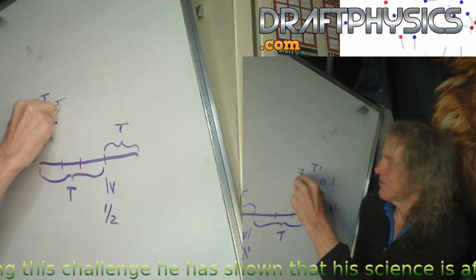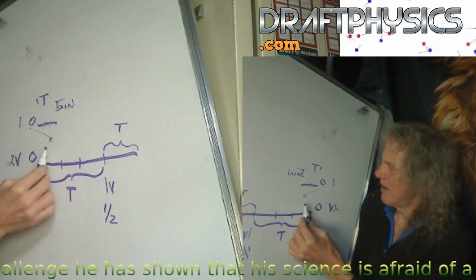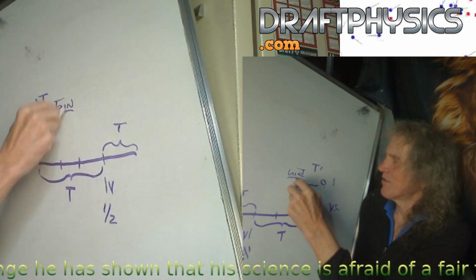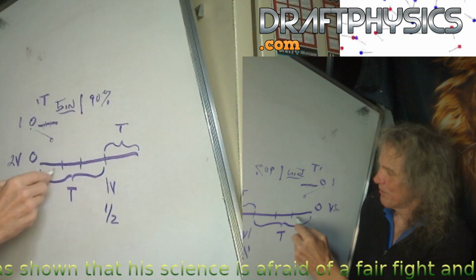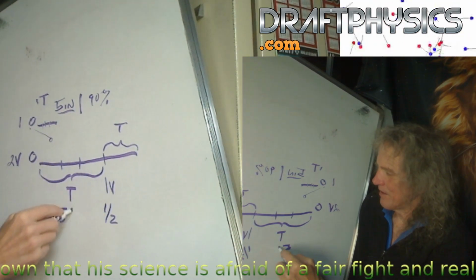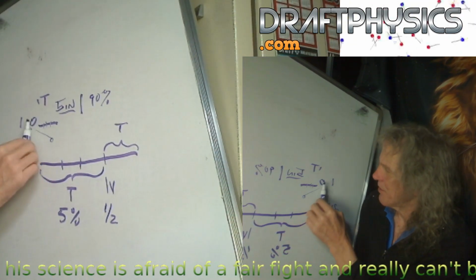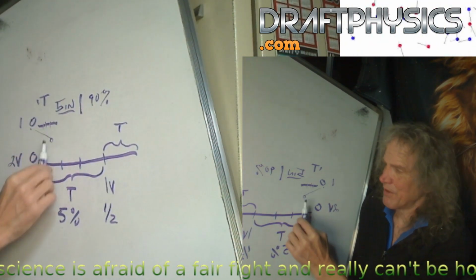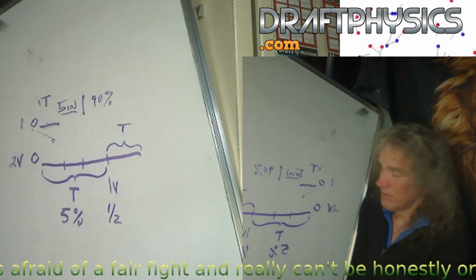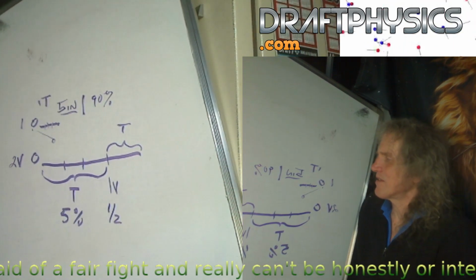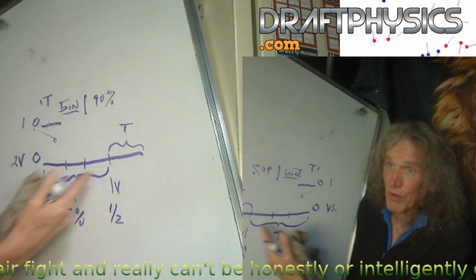So if I use 5 inches as the distance I'm going to measure, at 5 inches I'll measure their velocity. Well, obviously in 5 inches this one has lost 90% of its velocity, and this one's only lost 5%. So that wouldn't be a very fair comparison. So obviously how you measure this instantaneous velocity when the velocities are constantly changing is a real issue. It's not as simple as just saying, oh yeah, we'll just take an average.